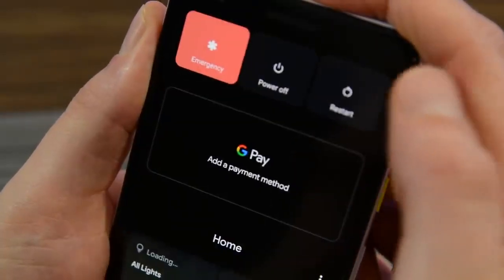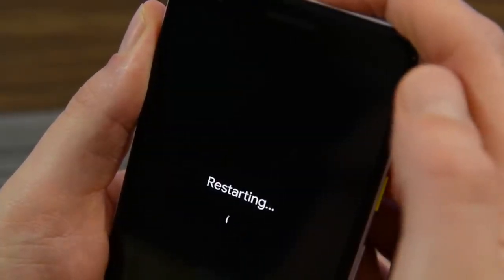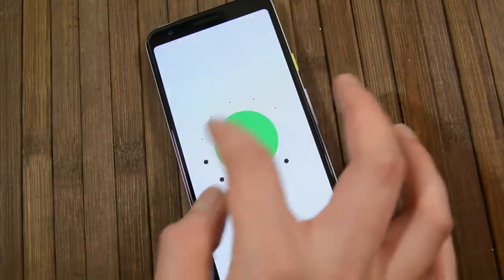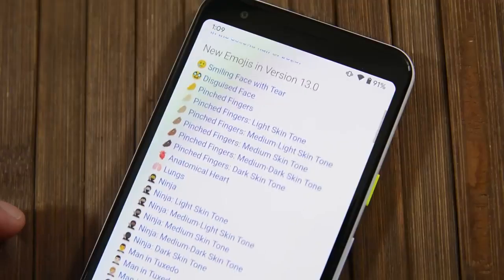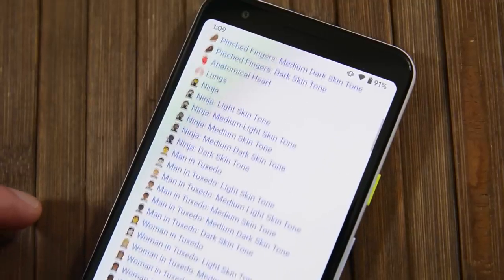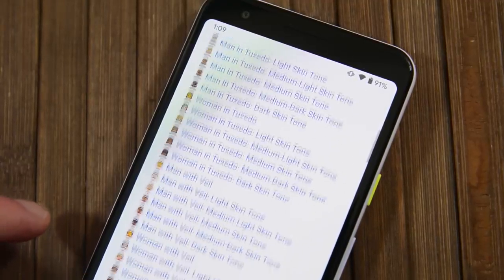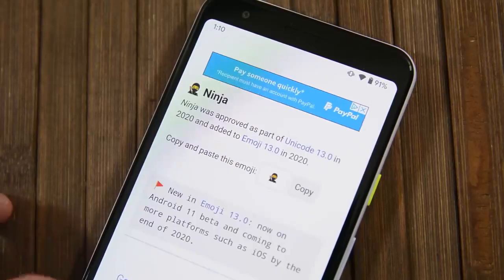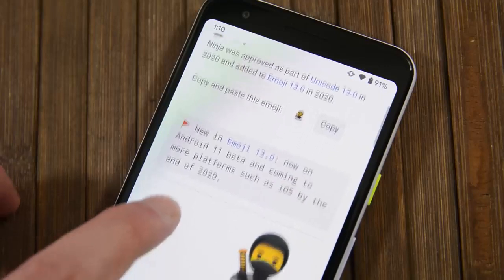Finally, there is a new resume on boot feature that will install an OTA update overnight and reboot with full functionality so you don't miss any notifications or alarms. There are also over 100 new emoji, including new body parts, new facial expressions, new animals, new objects, and new signs. Unicode.org has a full list available if you want to see them, and we'll have that linked up in